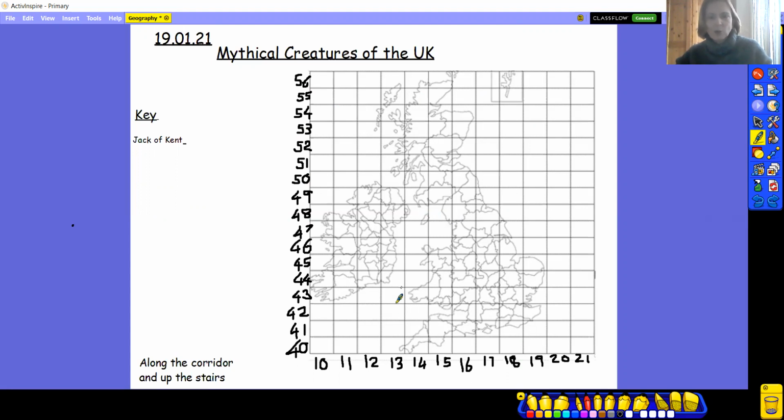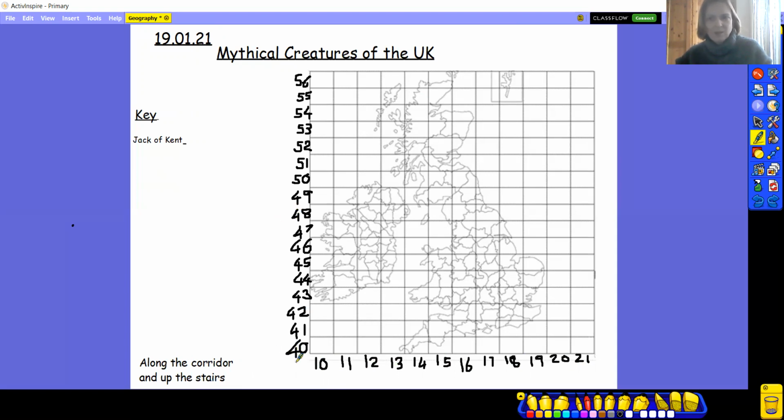The only thing is, you will have to do like I've done, and I've had to number all the squares. Now, I remember what Mr. Bayford said. He said along the corridor and up the stairs. So what I've done is I've numbered all the squares here first, the horizontal squares, so that I started at 10. I didn't start at 1 because that would only be a 3-digit grid reference, and I've gone up to 21. So when I've labelled those, then I've gone up, I've gone vertically and labelled all the squares vertically.